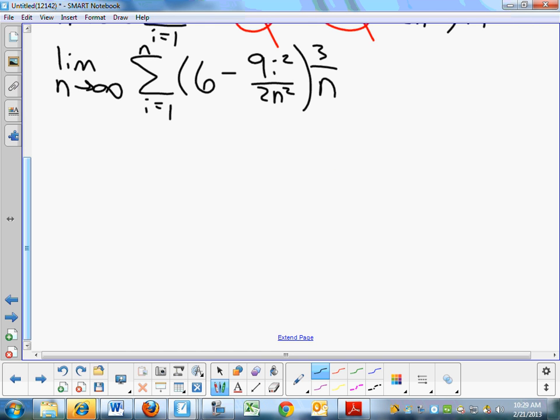Now we have the limit as n goes to infinity of the sum from i equals 1 to n, and if we multiply by 3 over n, we'll have 18 over n minus